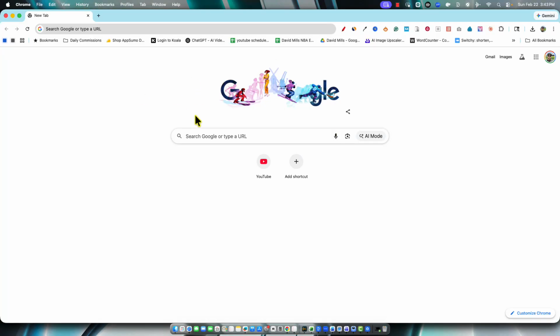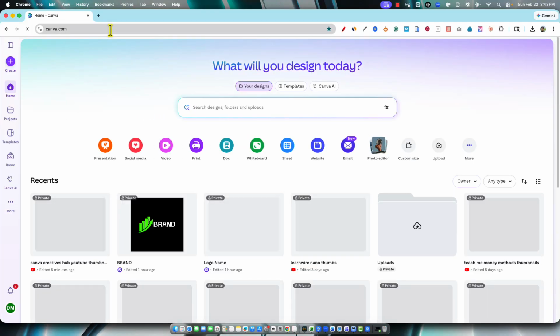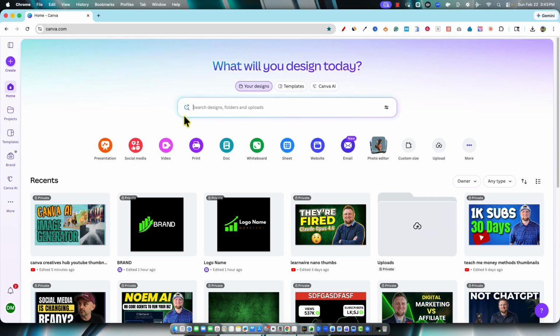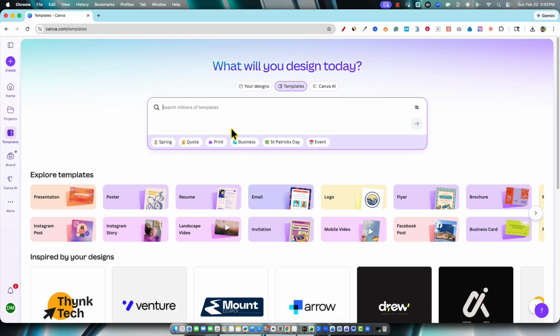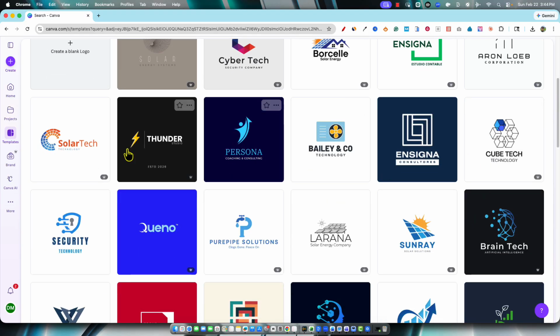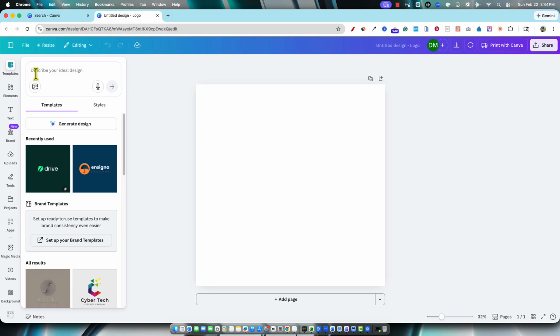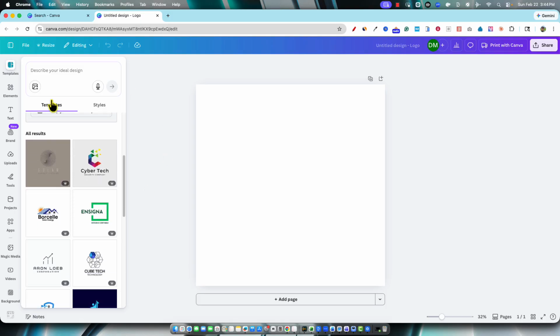I'll start by opening my browser and heading over to canva.com. From the main dashboard, I'll select the Templates tab and then click on the Logo category to see the various design options available. After browsing through the different styles, I'll choose to create a blank logo to start my design from scratch. Once the editor opens, I'll look through the suggested templates on the left sidebar to find a starting